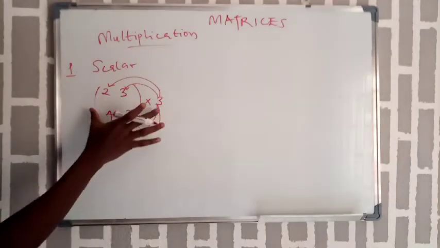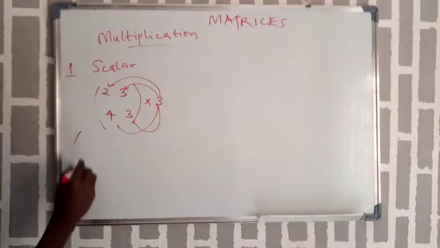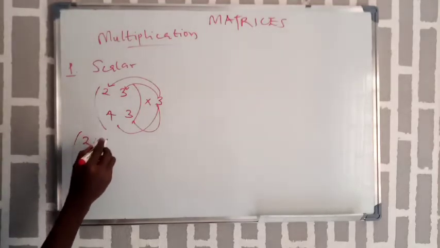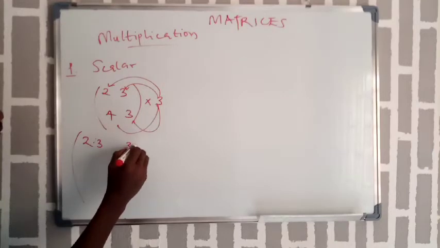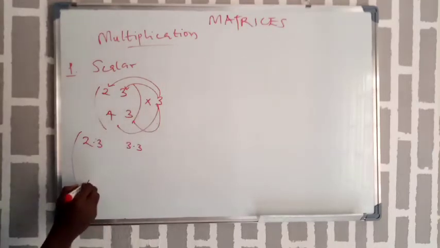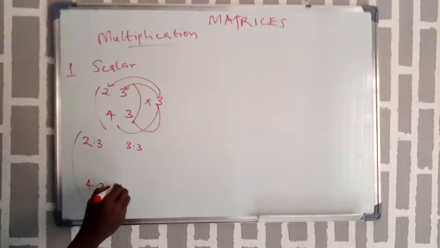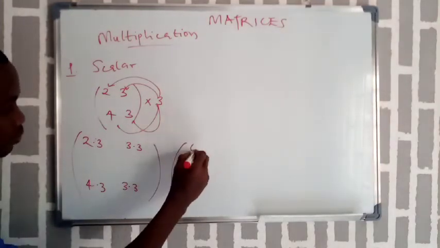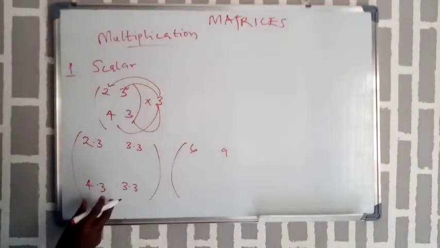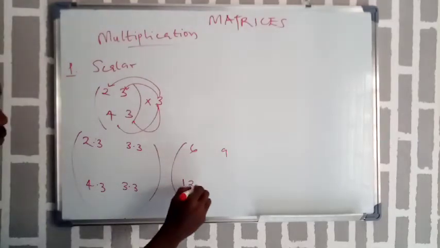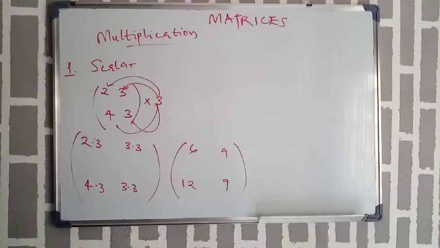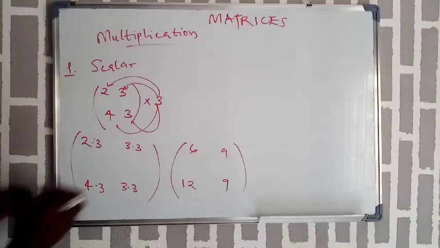So now the resulting matrix becomes this. That's all for scalar multiplication of a matrix. The other method